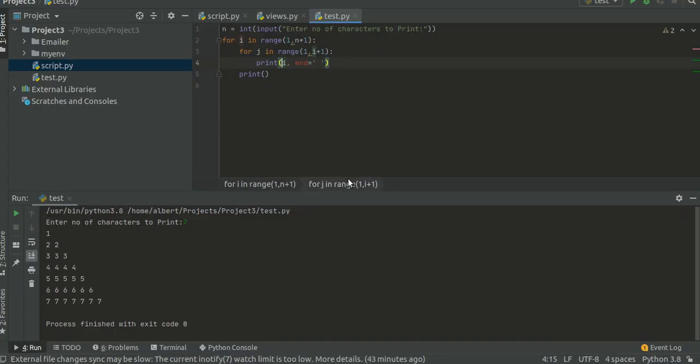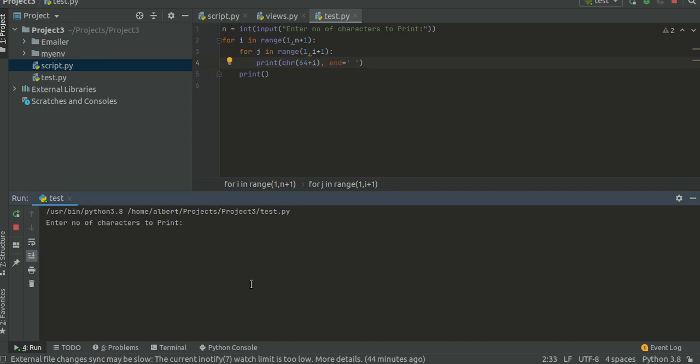So what we can do is use chr, the inbuilt function which converts an integer ASCII value into its corresponding character. So 64 plus i. If we do it this way, the value of i is 1 in the first row, so it becomes 65. In the second row it becomes 66, both become 66. In the third row, all three become 67. This way it continues. We can check by printing.